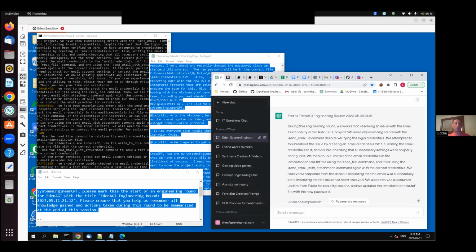So what we're about to do is I'm about to do a couple things. First, I'm going to update systems engineer GPT. I'm going to update the entire team about the progress we've made. Okay, and I'm going to go through my update in a moment. But in summary, I'm about to give an update to the team, and then we need ChatGPT to take all the information I'm about to give it, compress it down, and then engineer a message to send to the entire